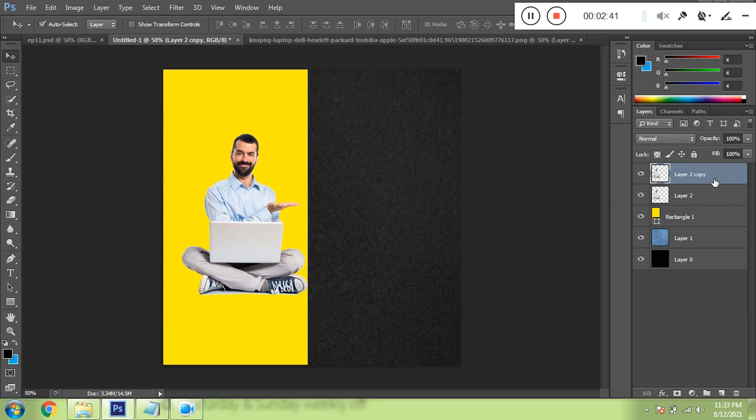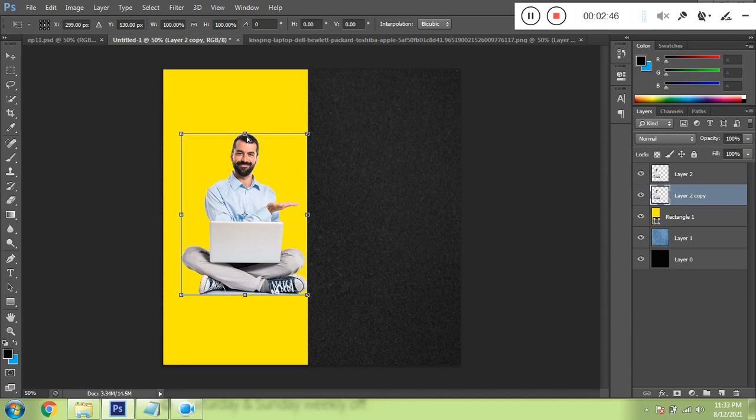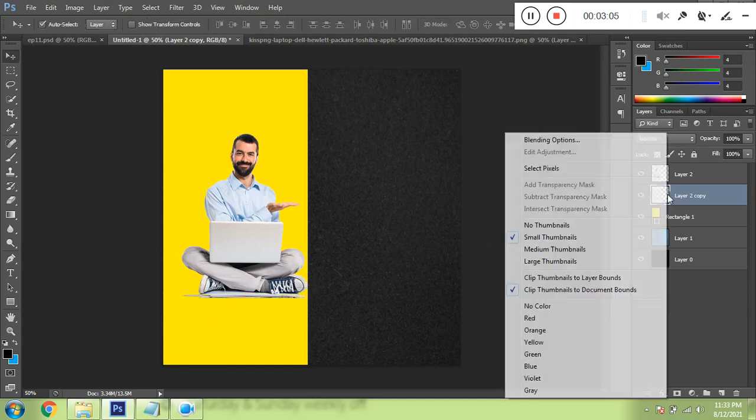Now just select the bottom one and press Control T. Now hold Control and just drag this in this way. Now use the down arrow, click enter. Now we want to fill this as black.